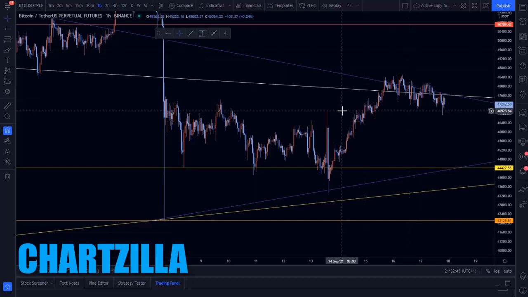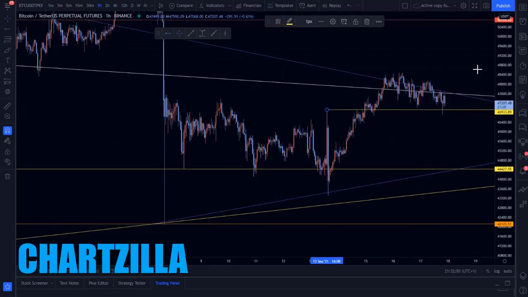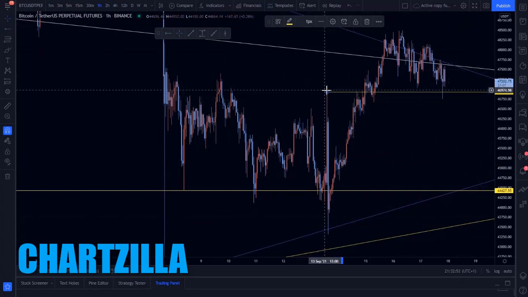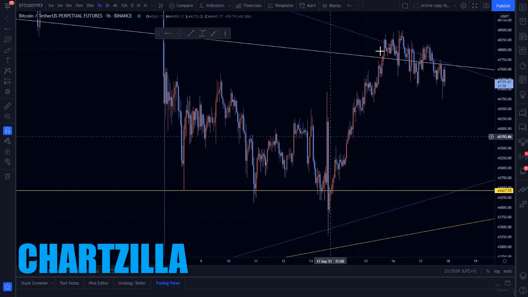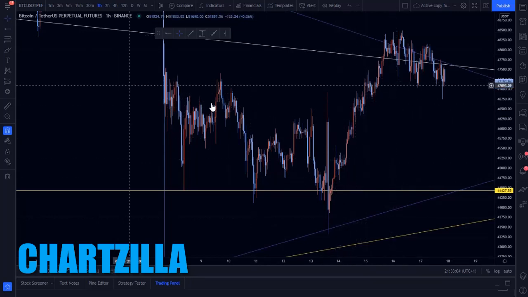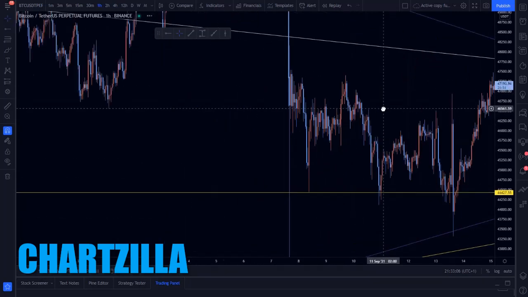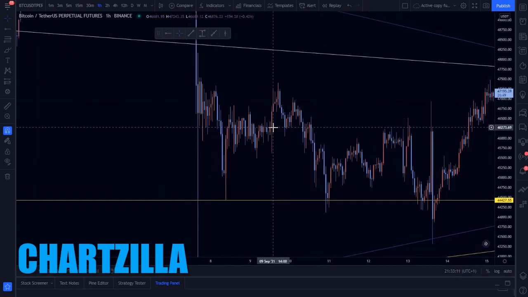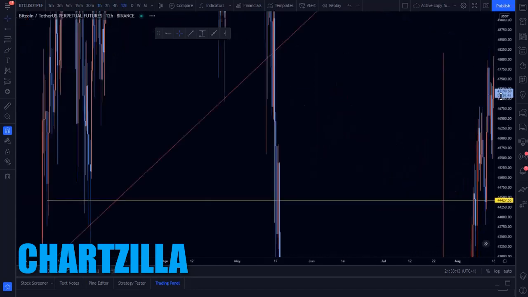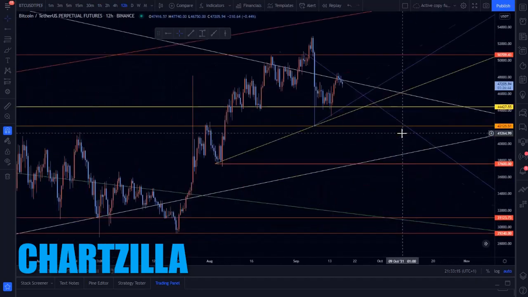For example, this isn't what it tested, but you could have marked the wick and taken a trade here. 100%. But it's important to understand that everything is reactionary. So when you're looking at this right here, understand that this is reacting to something here. I can already tell, when you're looking at candles and tests and what's holding, like when I was here on the 12 hour,